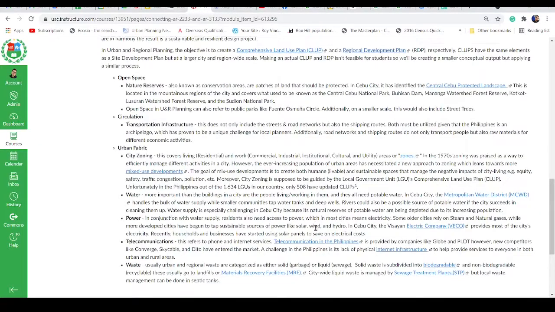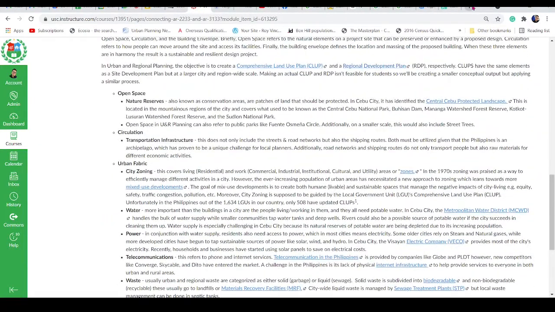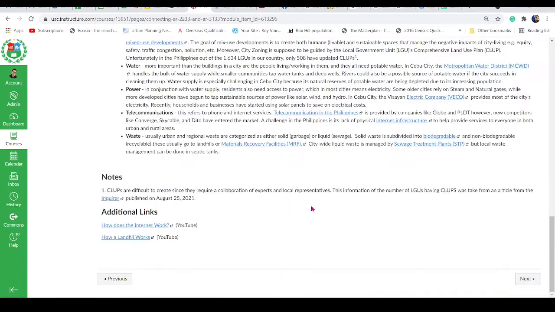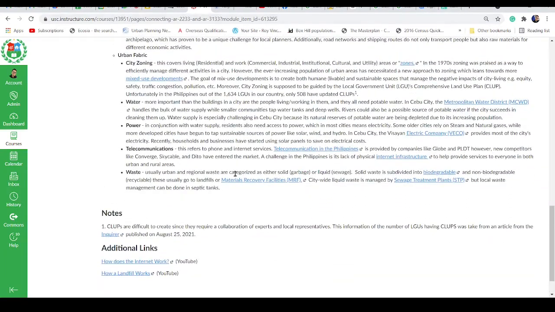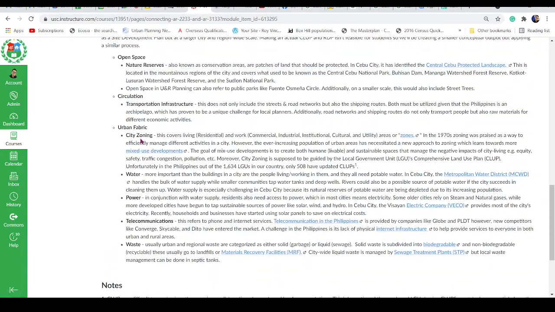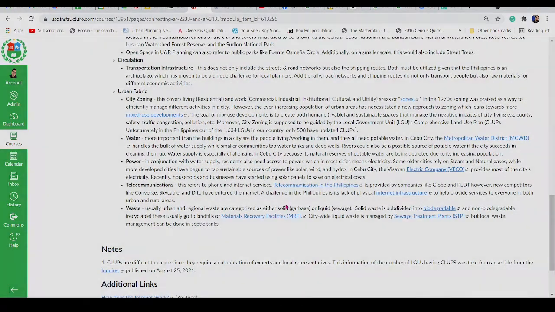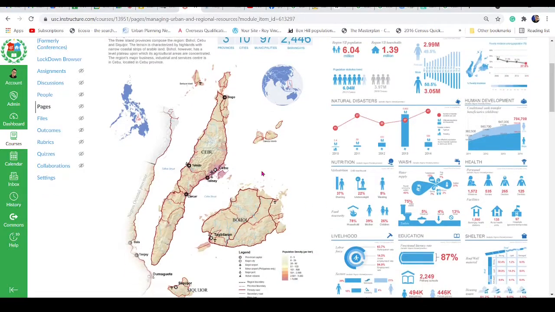Wait, where am I? It's already 5:54. Our next point. So you went through all of this: city zoning, water, power, telecommunications, waste. If you have any questions, please let me know here. And let's look at